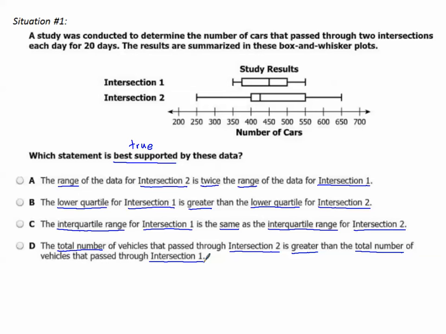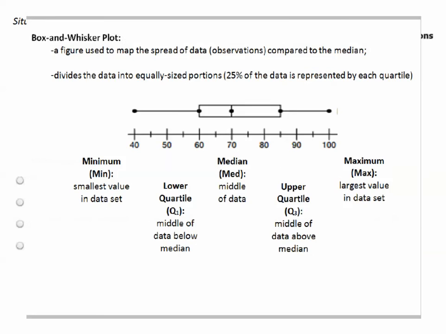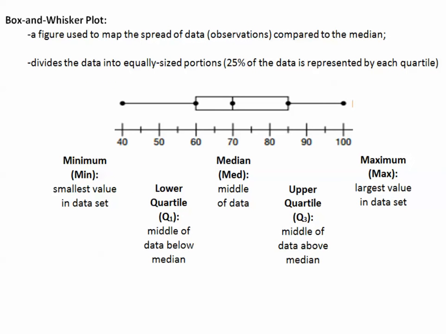There's a lot of vocabulary here we need to know to answer this question. Let's revisit this question after we study some of the new vocabulary. First of all, what is a box and whisker plot? That's a figure used to map the spread of data or observations compared to the median. That's really important here that it's compared to the median because we use other types of measuring compared to the